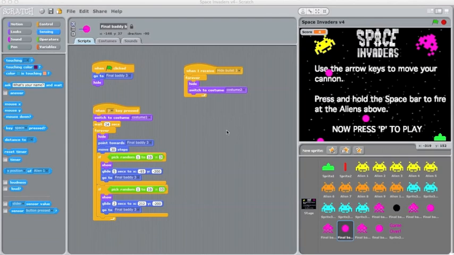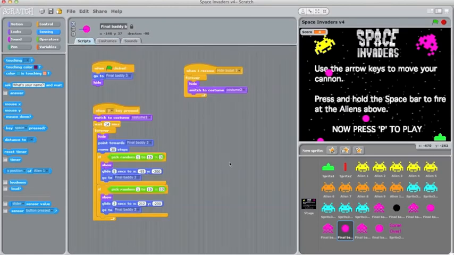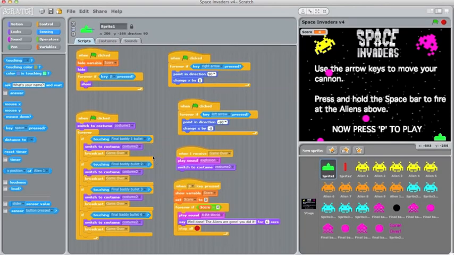And the final instruction for the baddie bullets is this little part at the top here. It says when I get the message hide bullet 3, hide and switch to costume 2. So costume 2 is their black costume, and they get that message when their partner sprite, their partner final baddie, has been hit by the bullet. So hitting the baddies will also make the bullets disappear as well. And you can see that is just broadcast messages all set up on the cannon sprite there,